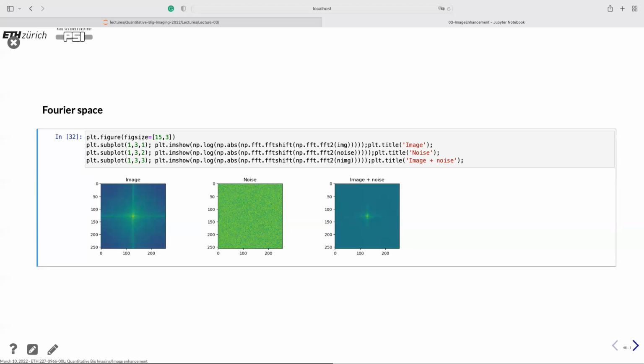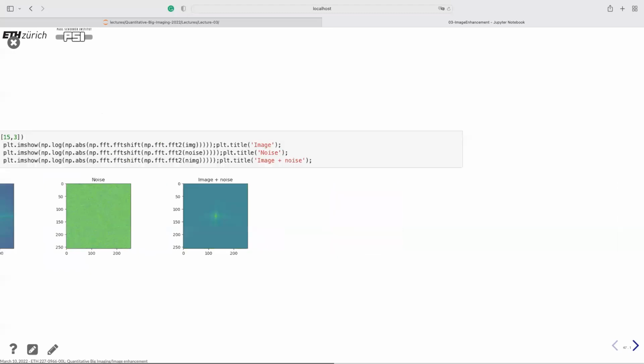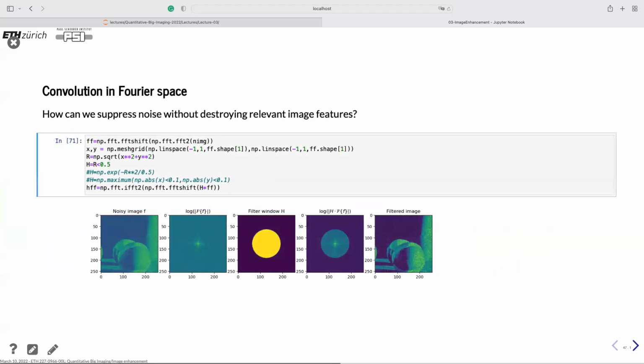Then you can see when you add noise that the higher frequencies are actually hidden in the noise. And this is something we can play with here in this example. And if we want to do a convolution to remove the noise, then we have this,